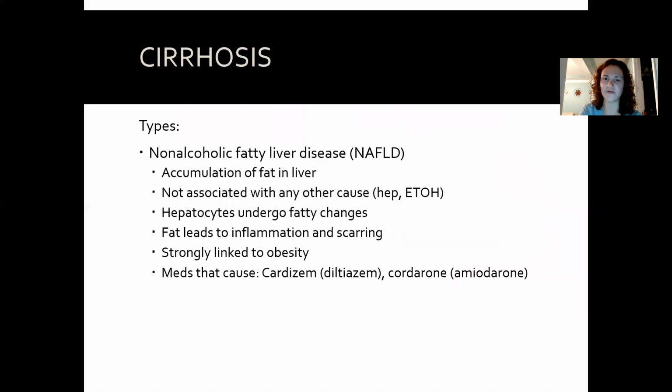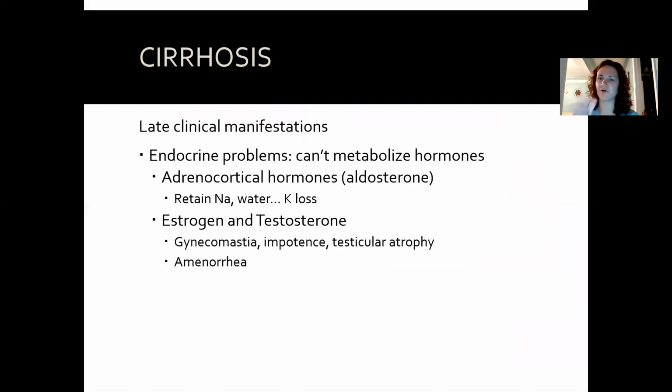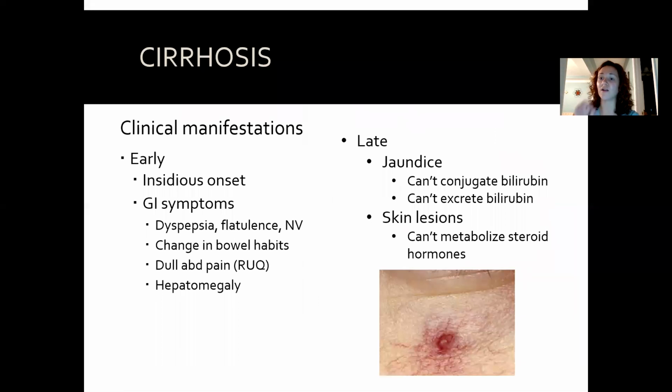These slides right here that are black and white are going to be directly related to clinical manifestations of liver failure. So just so you can follow along here, the clinical manifestations early on are going to be very insidious in onset. The GI symptoms are going to be generalized. We'll have dyspepsia, flatulence, nausea and vomiting, change in bowel habits, dull abdominal pain, especially localized to the right upper quadrant, and then